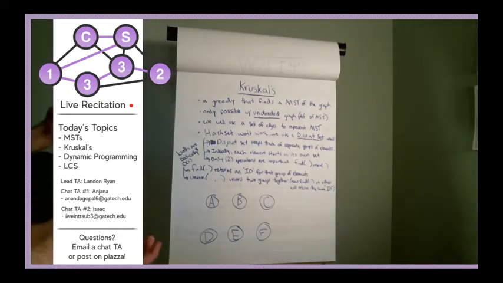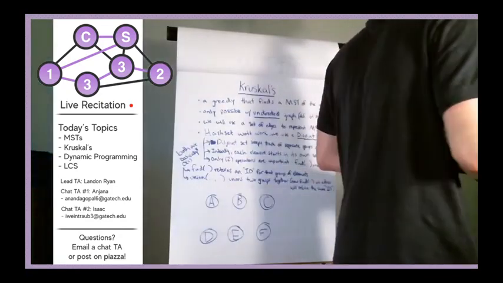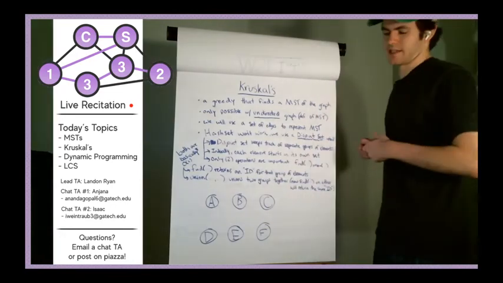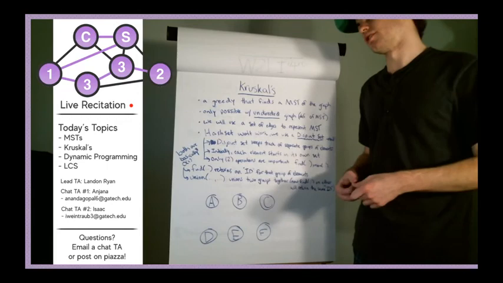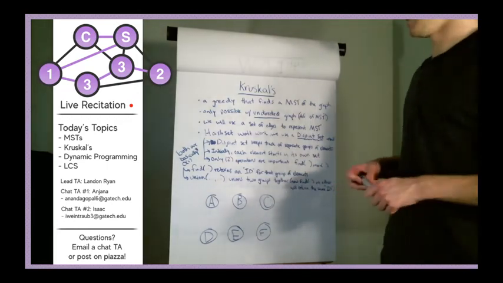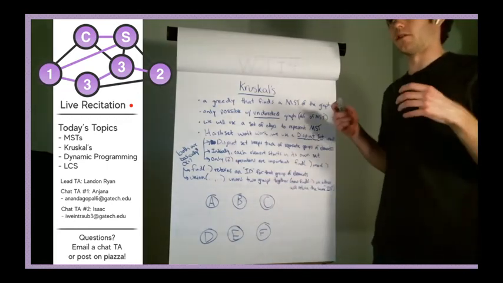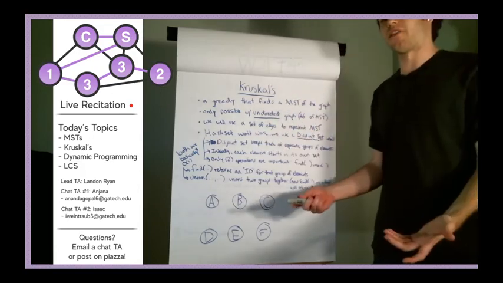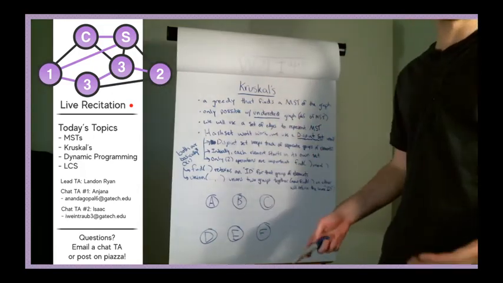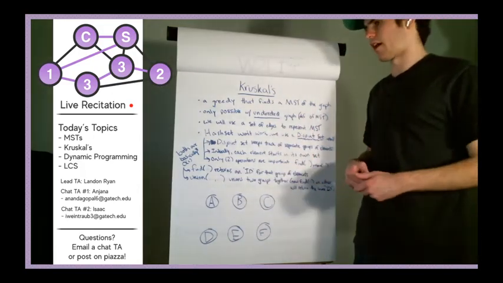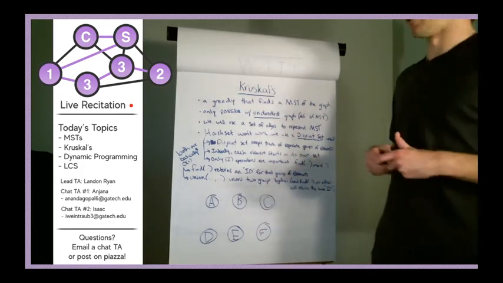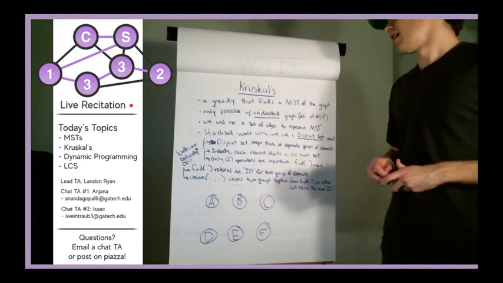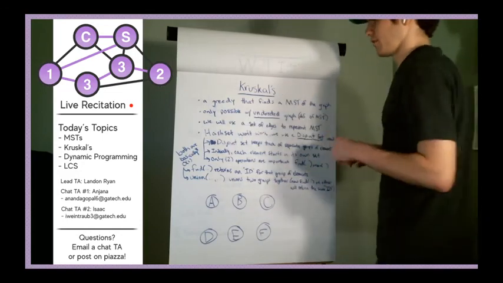So Kruskal's, this is actually my favorite algorithm in the entire course. Why is it my favorite algorithm in the entire course? Because I love the concept of a disjoint set, which we'll get to in just a little bit here. But Kruskal's is one of the algorithms that, once it's performed, produces a valid MST, if one can be found on a graph. If one can't be found on the graph, usually we return null or some kind of sentinel value to determine that an MST is not possible on that graph. But Kruskal's is a greedy algo